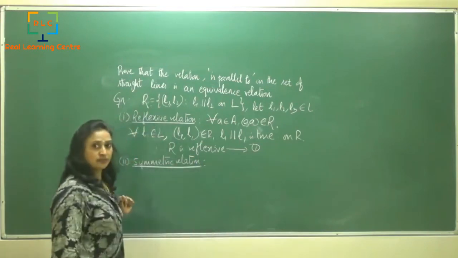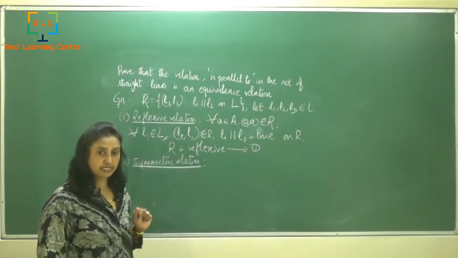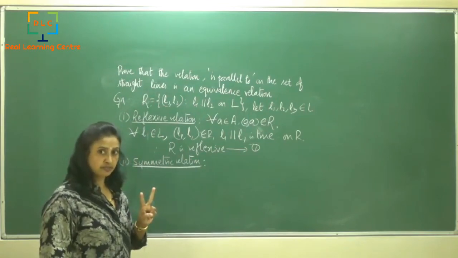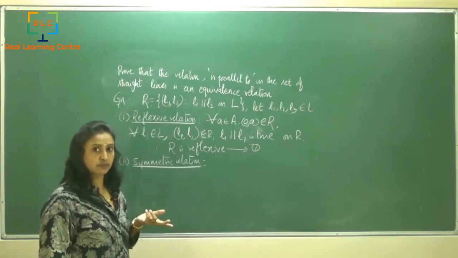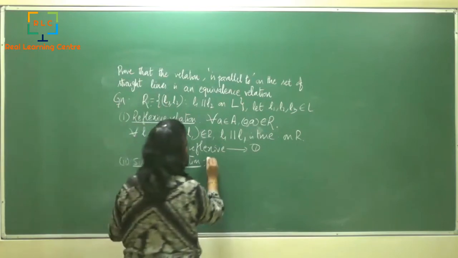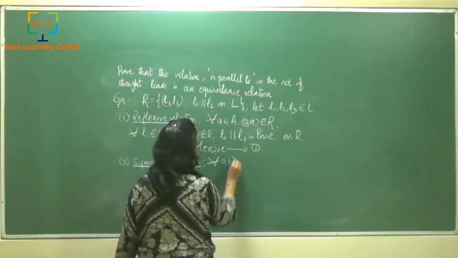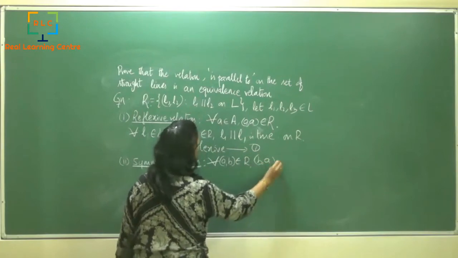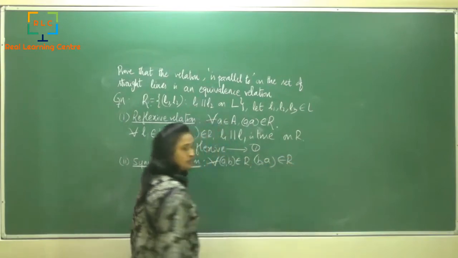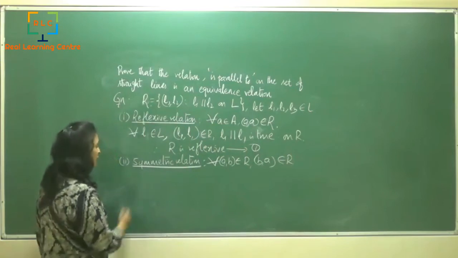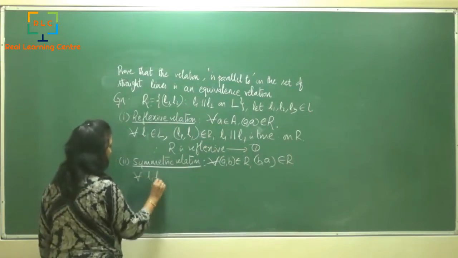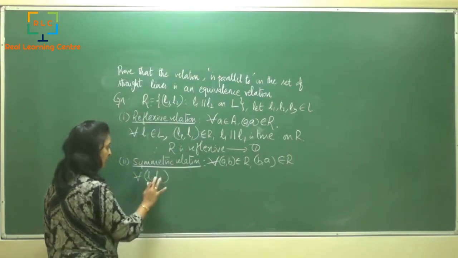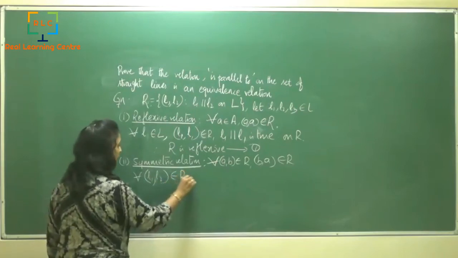Symmetric relation. For symmetric relation, how many lines should I use? 2 lines, 2 elements. But my elements are nothing but lines from the set of straight lines. So I'll put the property: for all (A, B) belonging to the relation R, its reverse (B, A) should also belong to R. Let us write it orally. For all ordered pairs (L1, L2) belonging to R,